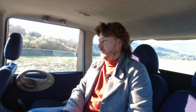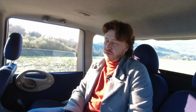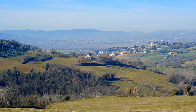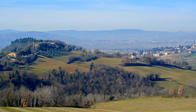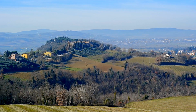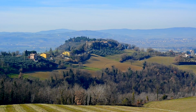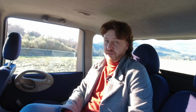But from 20 kilometers an hour all the way up to 80, it would go in the third gear without any hiccups, right now, with the MAF sensor disconnected. So what happens next? Next, we're going to try to find a refurbished MAF sensor, which originally was supplied on this car, on this engine,